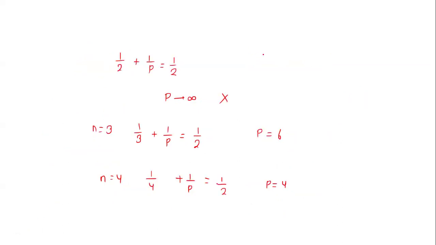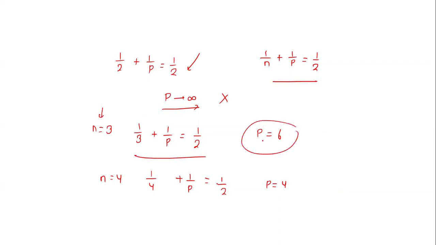So now if I put n is equal to 2 in this equation, then I got this, and from here p I get tending to infinity, which is not possible. So I move to the n is equal to 3 case. In this case, after solving, you can find p is equal to 6. So this is one solution, and m is equal to 2 we are solving now.